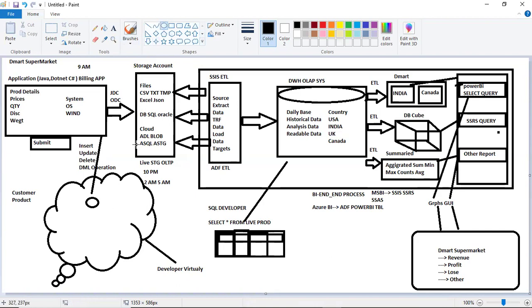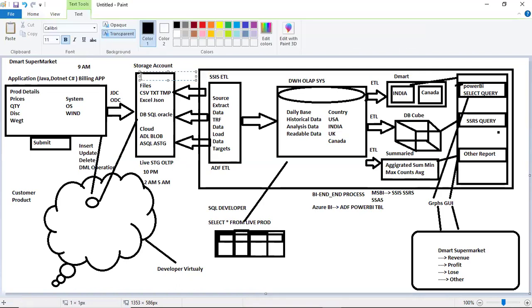Instead of using your SSIS physical tool, Visual Studio, we're going to provide you for rental use. The best tool we have is Data Factory. You are using a storage account in a company, say some 250 GB. Tomorrow you want to increase to 500 GB. Is it possible to increase from 250 to 500? It is not easy. We cannot increase to 500 GB easily.